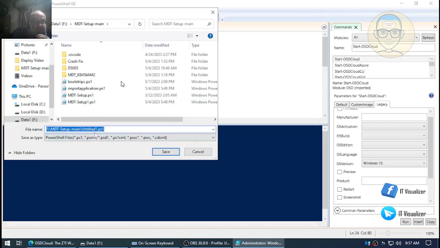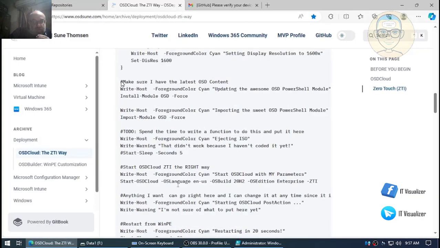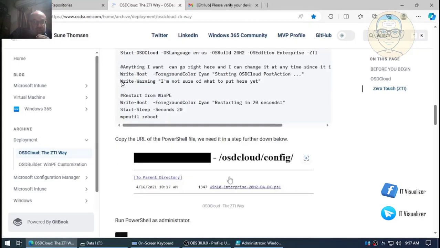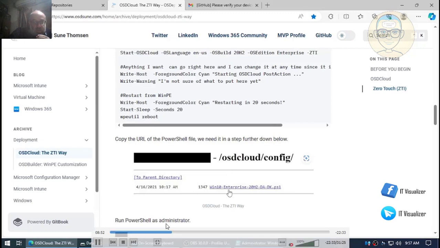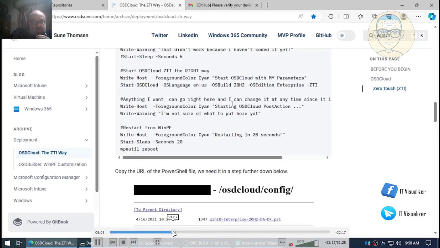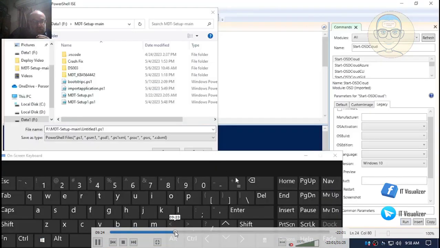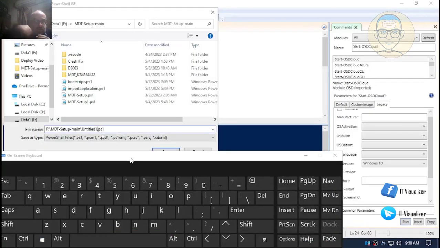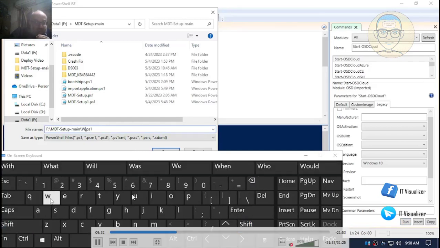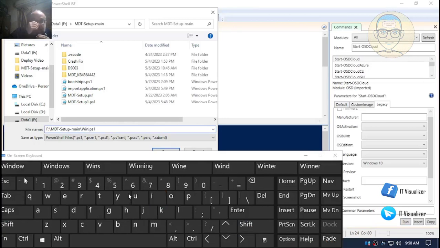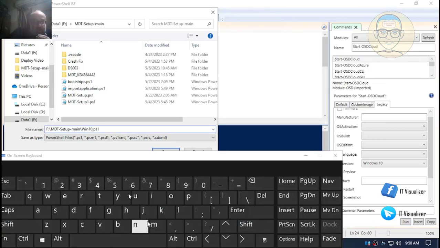Okay, so here I am saving the script. Okay, Windows 10. Okay, we'll name it Win10E. So we can go further here. So we will name it, excuse me guys for using the on-screen keyboard because some buttons on my keyboard were not working. Okay, so Windows 10 E, and then we will upload it to the Google Drive, and I prefer not to